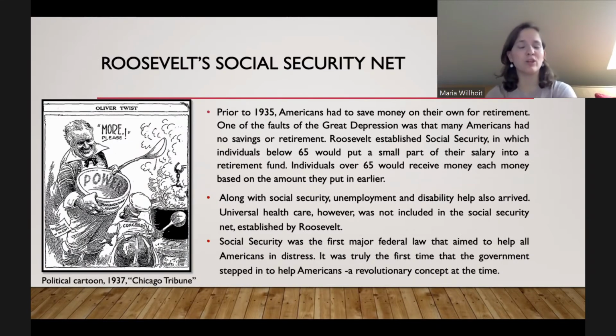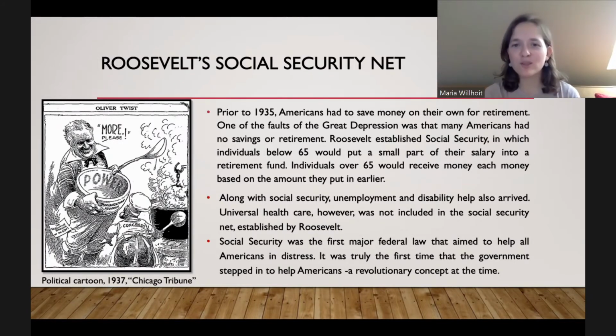If you're disabled where you can't work due to a disability, whether you got it later in life or you got it when you were born, you're also going to receive help from the government to help you live, because you can't get a job sometimes with your disability. So these were kind of like the three main things. You have retirement, unemployment, and disability. They're all part of Roosevelt's Social Security net. And this is all just to help people make sure that they don't fall off a cliff with no money, basically, that they have some net to land on if they fall.